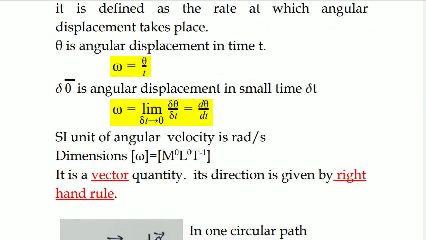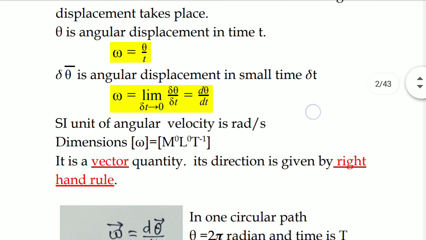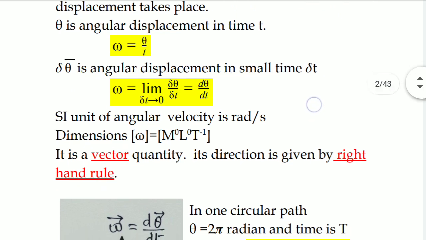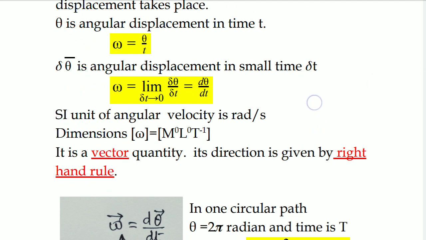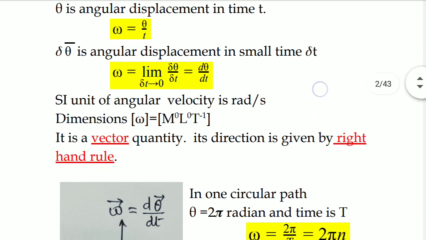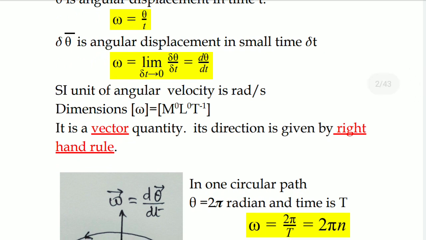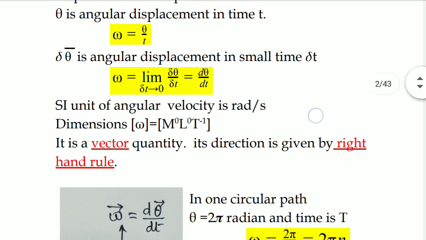Whereas if I have already said that delta t in the next further time delta t, if delta theta is the angular displacement, then omega is equal to limit as delta t tending to 0, delta theta by delta t is equal to d theta by dt, will be considered to be the instantaneous angular velocity at that particular instant of time. If at all your particle is performing a UCM called uniform circular motion, this delta theta by delta